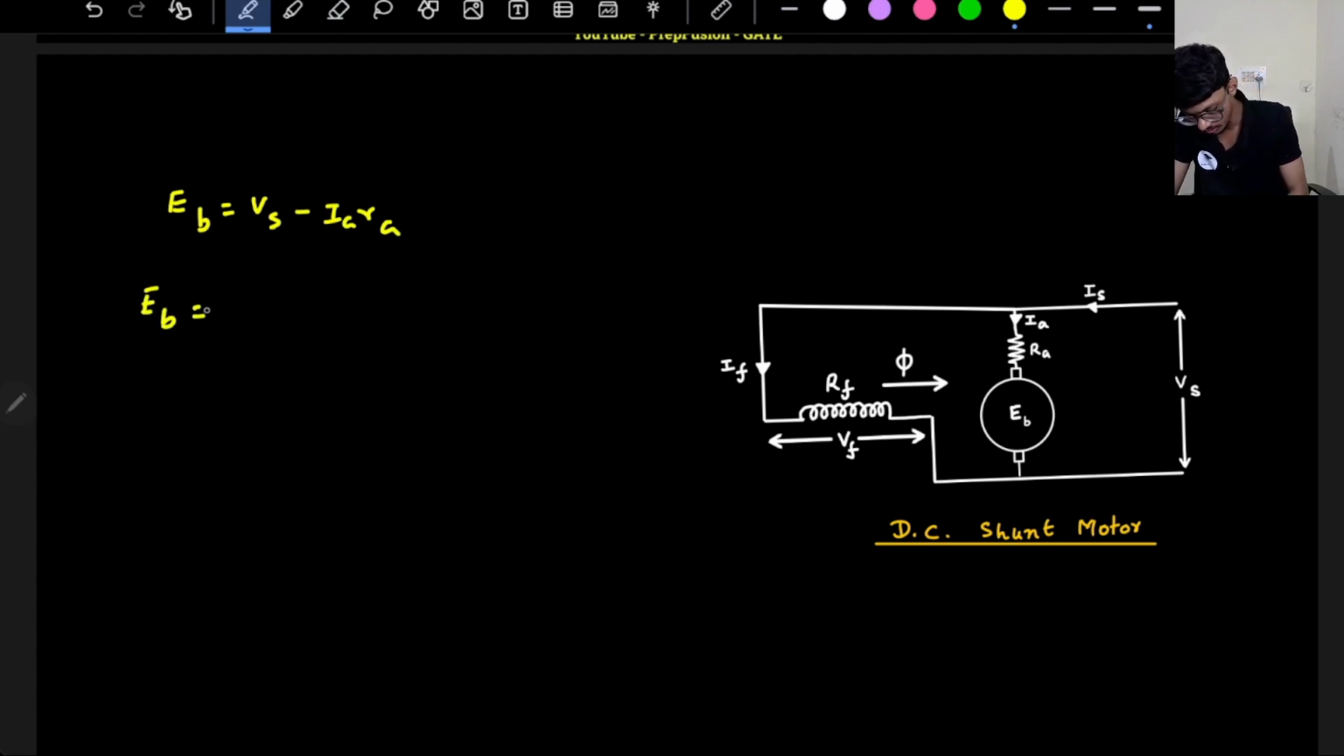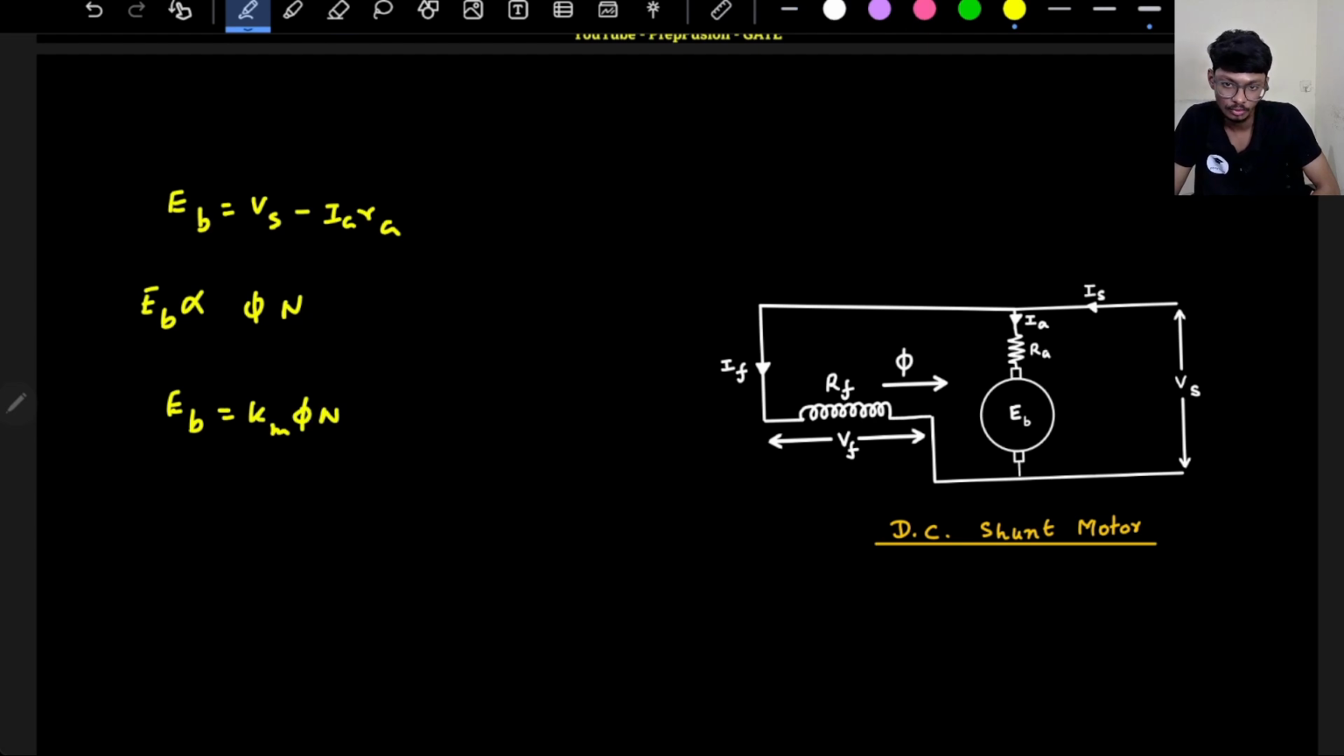EB is proportional to flux and speed N, because it is phi Z N P upon 60A and all the others are almost constant. So I can write EB is equal to some K prime, or Km, the motor constant, into flux into speed. And again, if I assume that the flux is also constant,